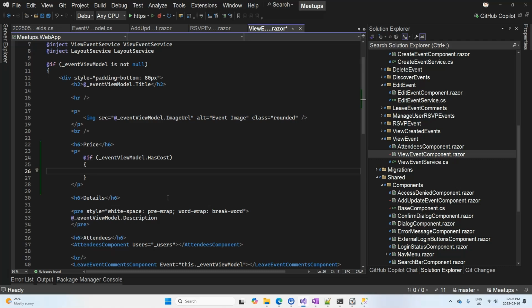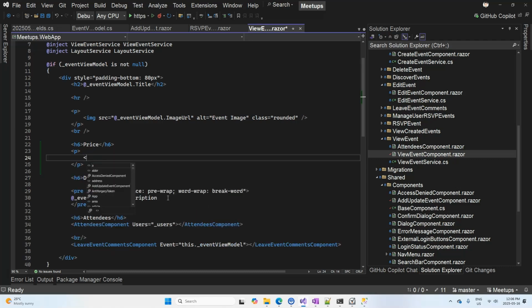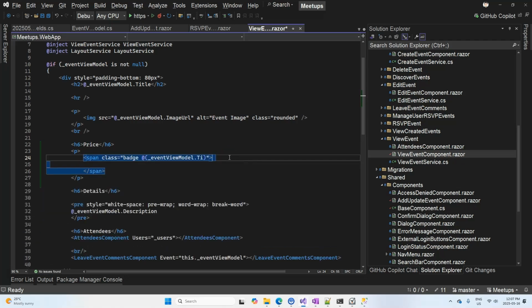Actually, I'm going to just delete this whole statement here. I'm going to use a span. And what I'm going to do is I'm going to use a badge class from Bootstrap. And then also here, I'm going to use explicit Razor syntax. I'm going to say if _viewModel.TicketPrice. Okay, let me close it and see whether it's going to give me